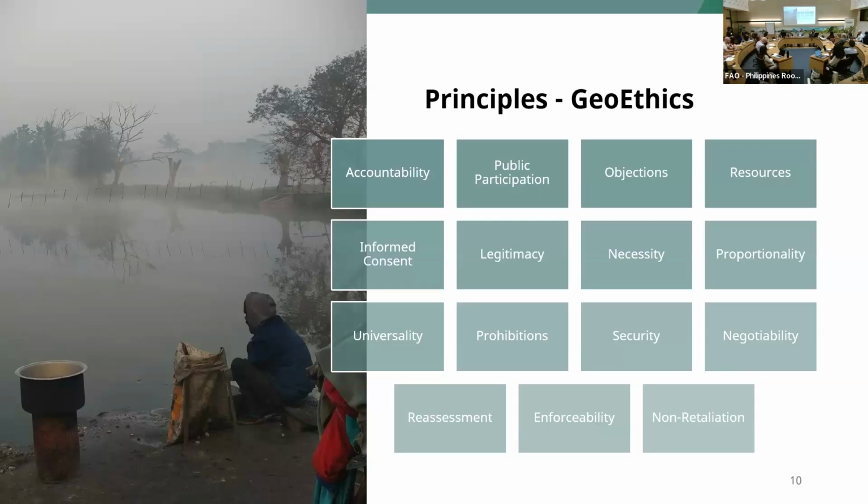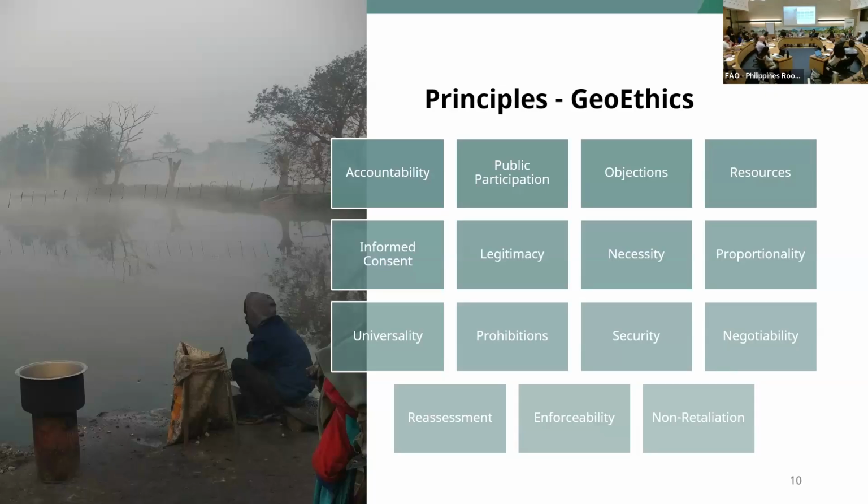I'm not going to cover them all, but legitimacy and necessity is one of the ones that we see more seldomly. Data collection must have well-defined objectives. Dangerous uses, tracking vulnerable refugees, must be prohibited, and data must not be repurposed beyond its intended use. So this is that open knowledge, how you disseminate the data, this constant conflict. So if you are considering these parameters at a very early stage, hopefully the aftermath and the burden is going to be less in what you're going to put out there.